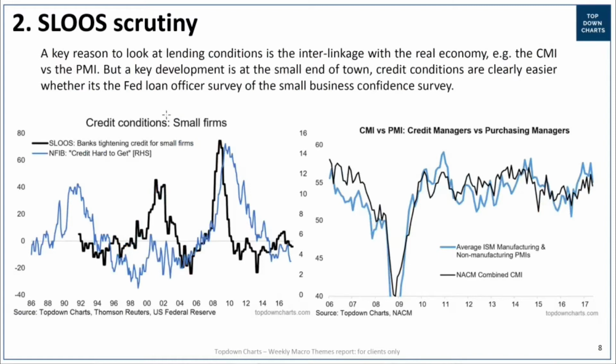The second set of charts looks at that comment around the economics. So I'll actually start off with the one on the right here. You've got the combined credit managers index in the black, and you can see there that after a period of stagnation, you have seen a noticeable acceleration. Same thing with the combined ISM PMIs, which tend to mirror each other, and you'd expect that. When more is happening on the credit front, it tends to be helpful for the real economy. And when the real economy is going well, it makes life easier for creditors.